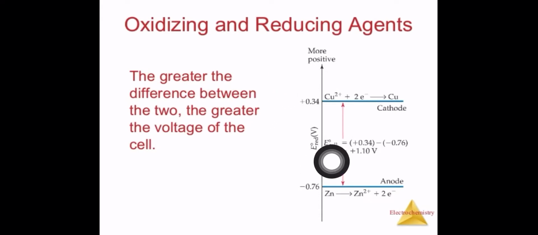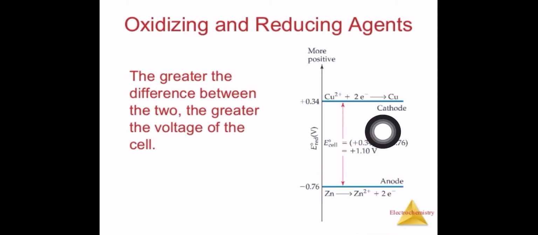Okay, so E cell standard, as I said, the 0 is written over here. Can you see this 0? Right, so E⁰cell will be what? Again you need to remember right hand side minus left hand side. Here, if we consider left hand side minus right hand side, then we will see that positive minus negative, so its value will come to